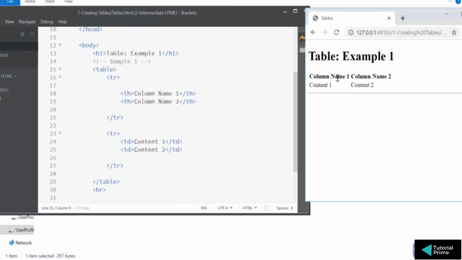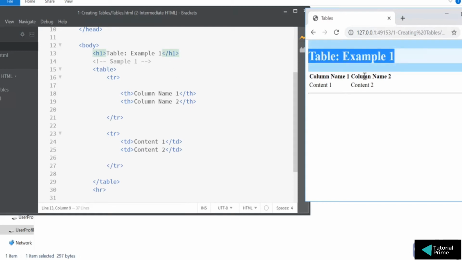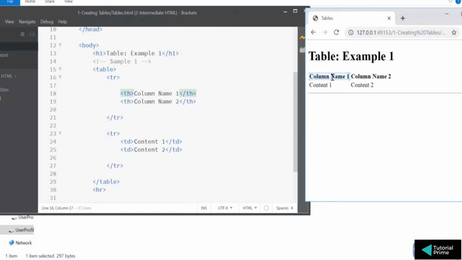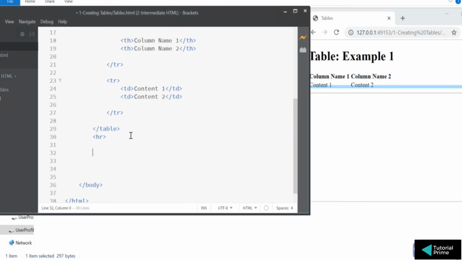Okay, so here you can see you have a table, that's the H1, then you have column name 1, that is TH, this again the TH, then you have TD, and then you have the TD. So you see the new lines here, the table has new row, that row is coming up from this TR. Okay, and then TD are nothing but your columns. Okay, the columns are column name 1 and column name 2, content 1 and content 2. The row is basically the new line, that is a new entry inside the table. Okay, so let's create one more sample of how to create the same table.